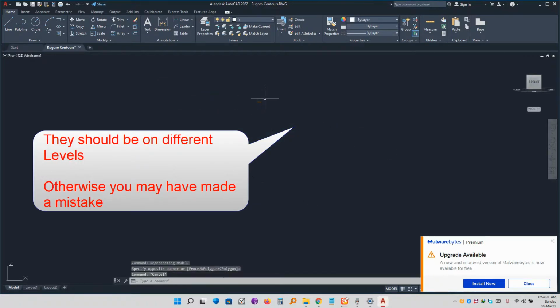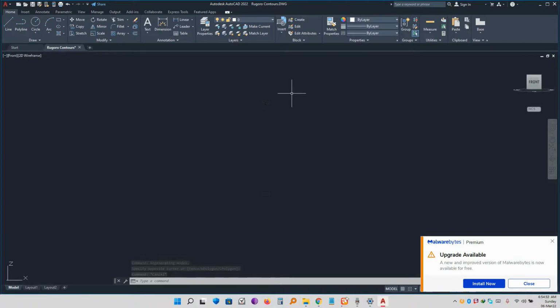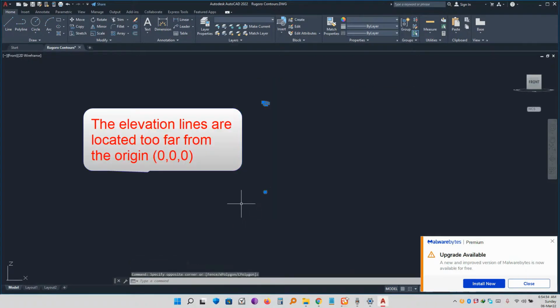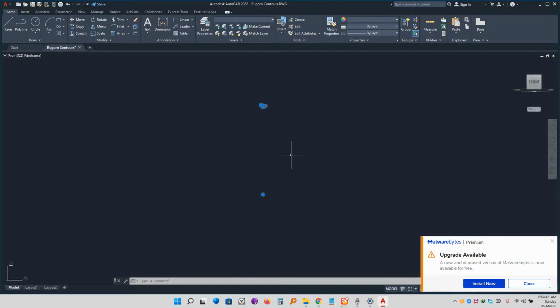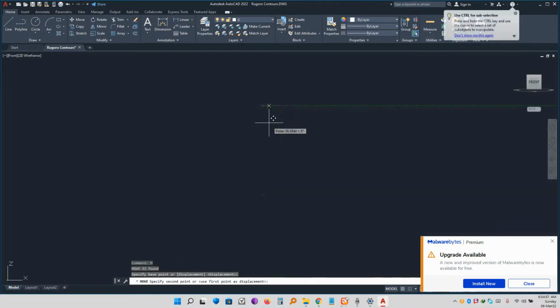But then when you zoom, you find out that they are located on different levels so much, which is why we need to take this and press M for moving, press OK, and then try to bring them down, but then it doesn't work. But then we can